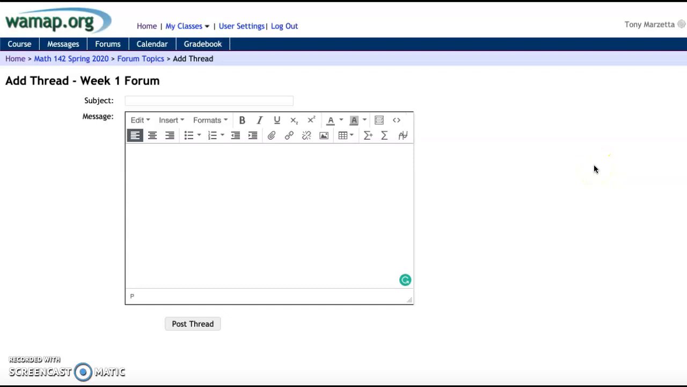Hello everyone, just wanted to make this post about using the forum, or basically just typing math into the forum. So if you want to type any math here, I guess the first thing I would say is